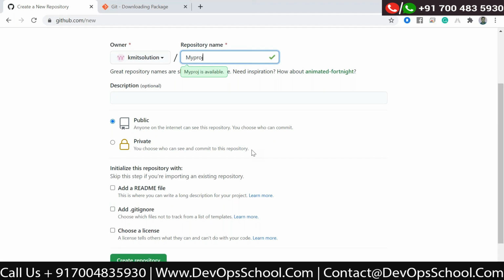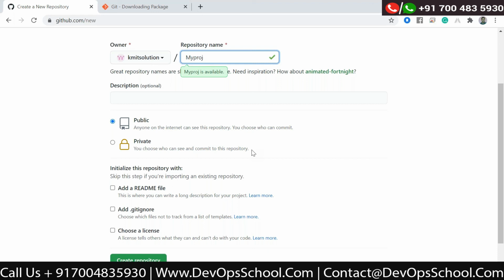Public repository means this will be available to everyone. And private repository means only you can access it. Even the public repository means read-only access to everyone. And private means you don't give the read access even to others.